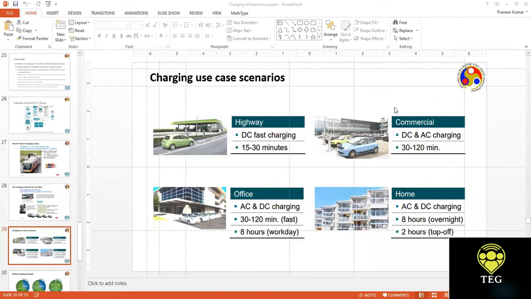And in the residential area, there is no need for any kind of fast charger. Certainly there is no need for DC fast chargers, because you don't need to charge your vehicle within 15 to 30 minutes. You can spend 5, 6, 7, or even 8 hours, so you can do an overnight charging. So these are the kind of mixes that you will have for various locations for the chargers.